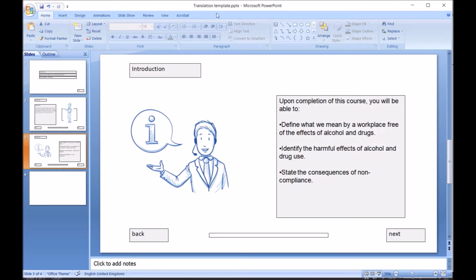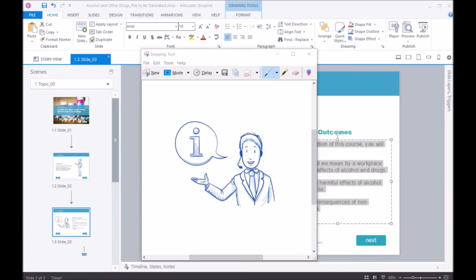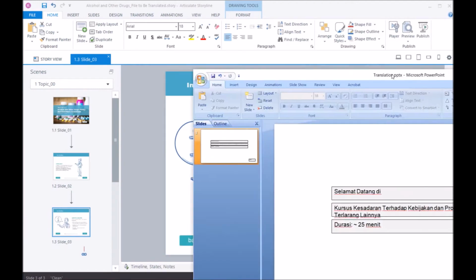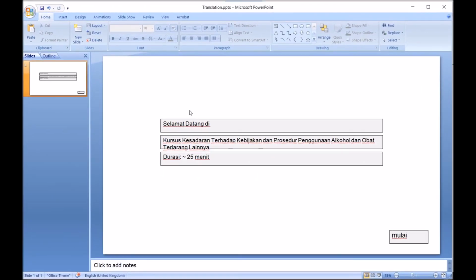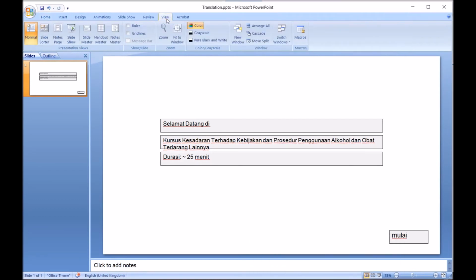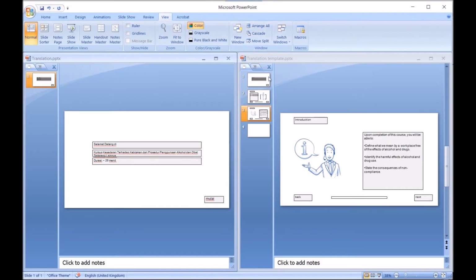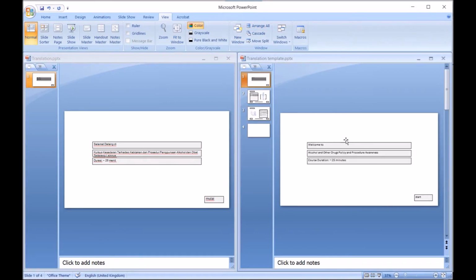So what happens is you send it off to a translator. In this instance, we are going to get it translated into Indonesian. And when it comes back like this, they have translated what the original version was from English and translated it into Indonesian for us. And we know that that's the start button. That means start in Indonesian. So now what we can do